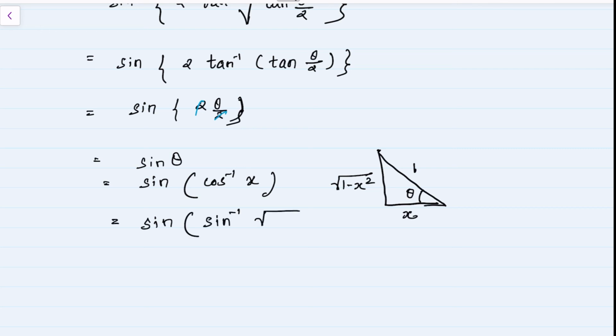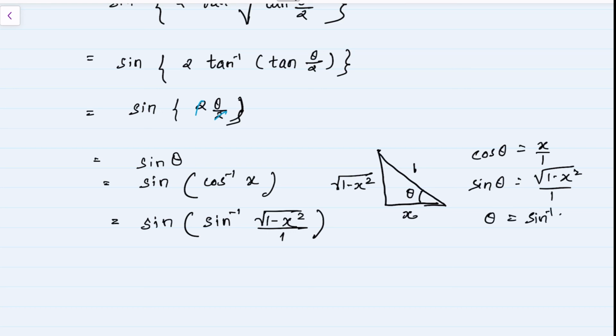opposite upon hypotenuse, that is root of 1 minus x square upon 1. For students who are confused how we reached to sine inverse of root of 1 minus x square, here we can see cos theta is x by 1 and sine theta is what? The opposite upon hypotenuse, that is root of 1 minus x square by 1. So theta can be written in terms of sine inverse of root of 1 minus x square by 1. So this is how we came with the sine inverse. Now sine and sine inverse can be removed and we are left with root of 1 minus